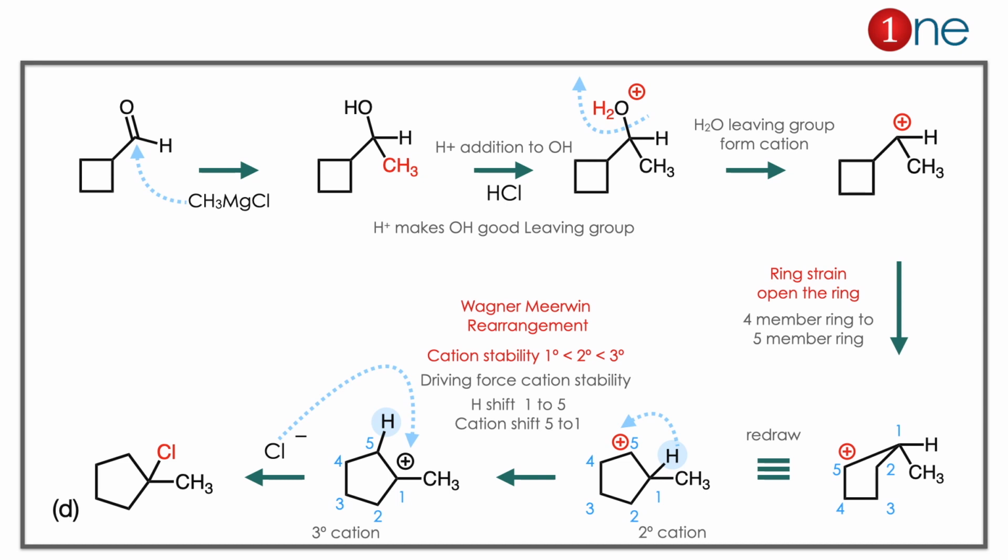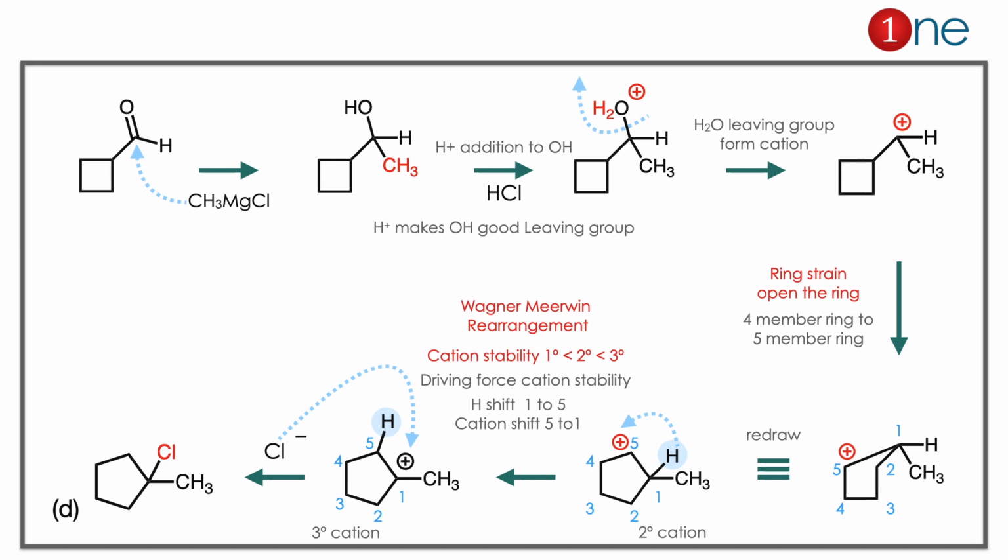So the hydride shift will be there, because a tertiary cation is more stable than primary and secondary. So a tertiary cation forms instead of the primary cation. So the hydride shift occurs. You have the cation at the tertiary position. Then chlorine attacks at the cation position. You really have the product D.